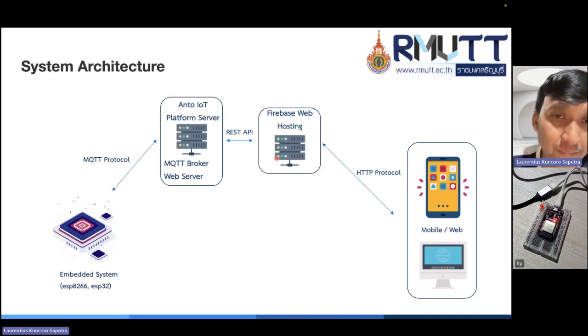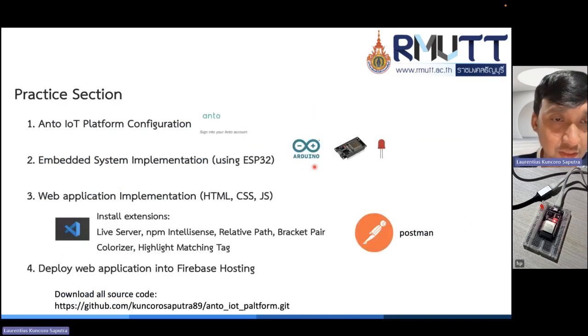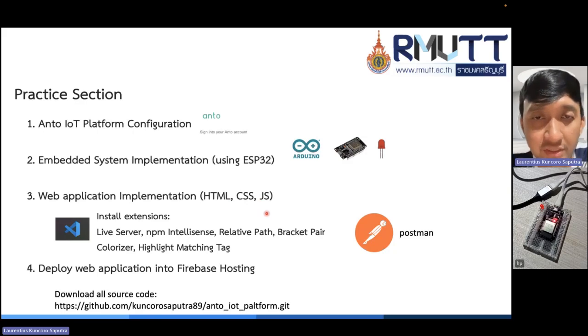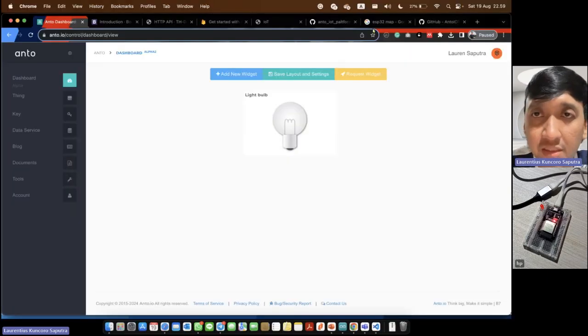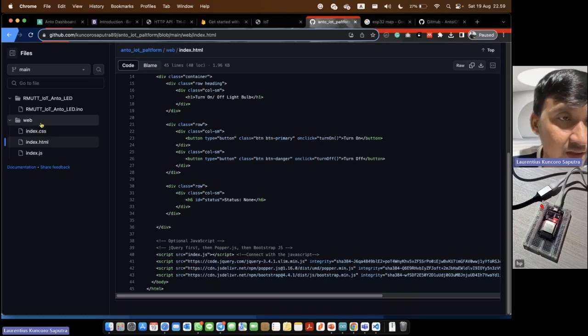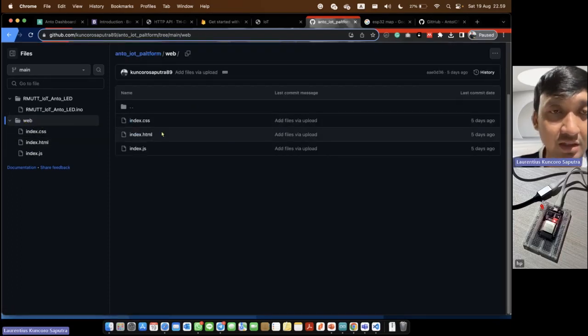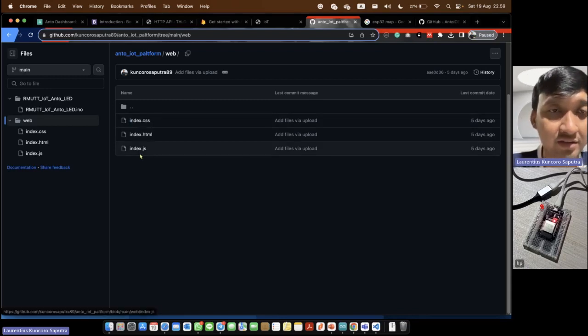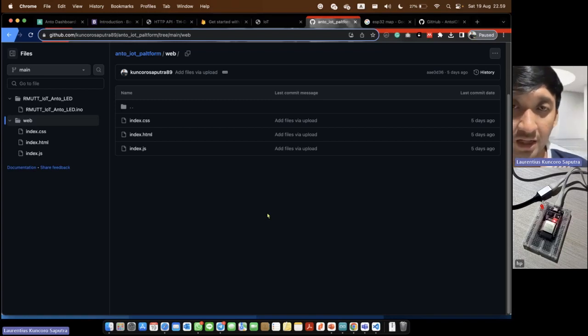Also in this architecture, or in this system design, we will host the web application code on the Firebase server. So for the HTML, CSS, and JavaScript, you can also check my GitHub here. I already put it in the web folder. You can download the 3 files, but if you want to make them from scratch, you can follow me after this.